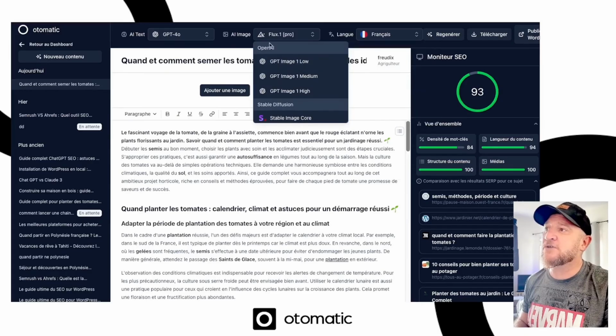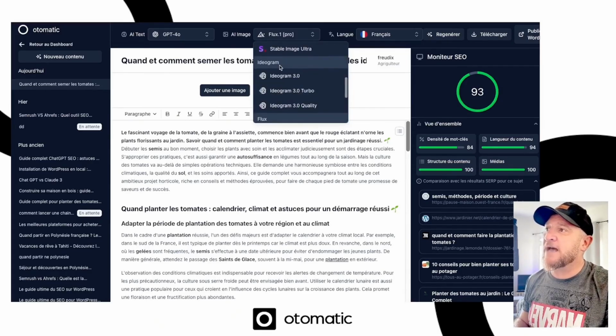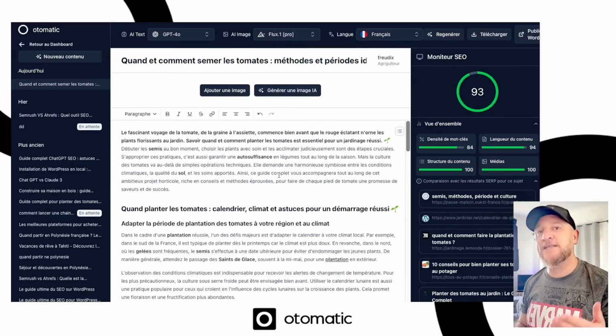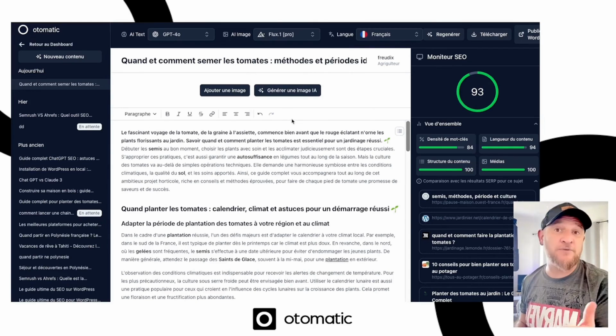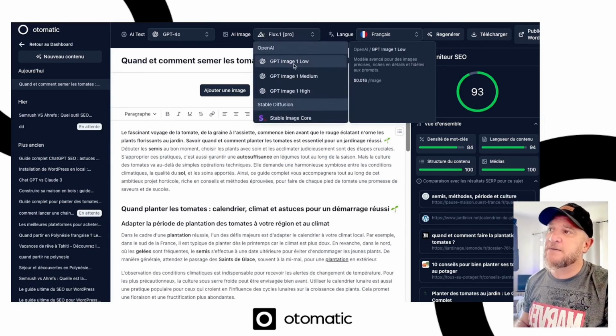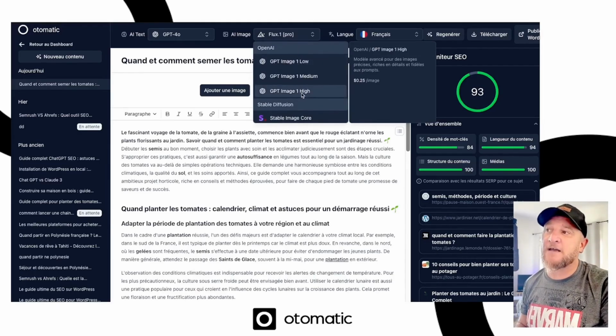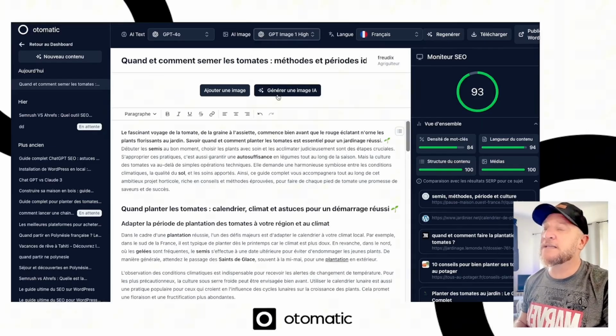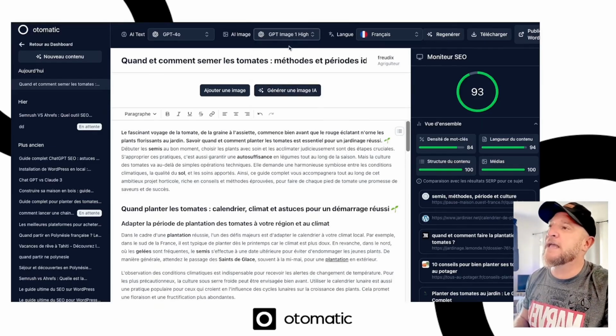And the same for images. So OpenAI, Stable Diffusion, Ideogram, Flux, and Grok as well, with Grok 3 coming soon. You can change models while you're writing. That's quite interesting, especially for images, for example. So here, for example, I generated with GPT medium, and now I'd like to do it with high. So quite simply, I'm going to select the model here, the large image model from OpenAI,